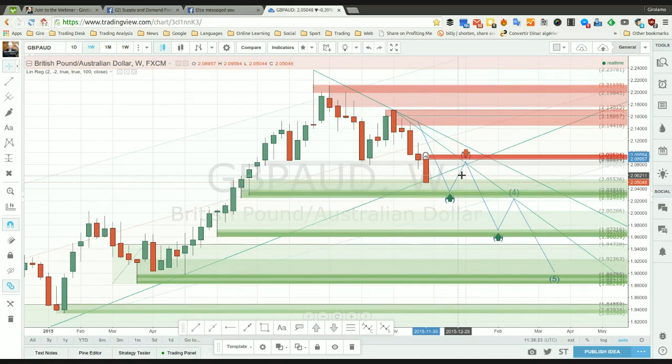Anyway, you can base your trading on following the trend line that you have here and the reference of the supply demand levels that you have on your charts, and you can take into consideration